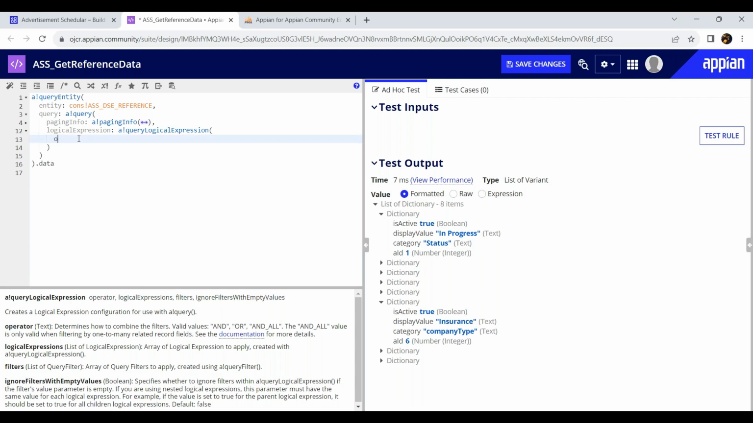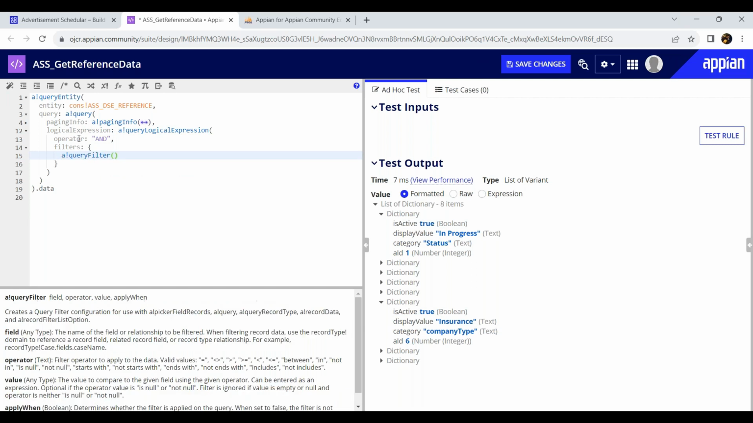Let's say we want to provide the operator. If you are going to use multiple filters, which kind of operation do you want between those? So let's say I want to have the AND operator between those. And then we have filters, a list of filters. For the list of filters, I'll say Appian query filter. This is one of the functions required to get the data from the filter,